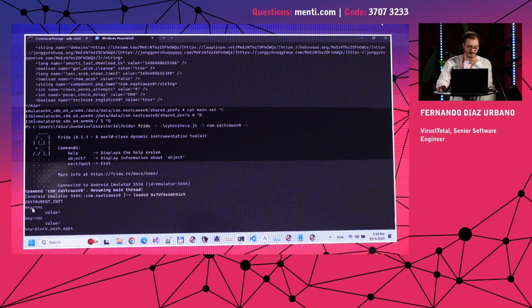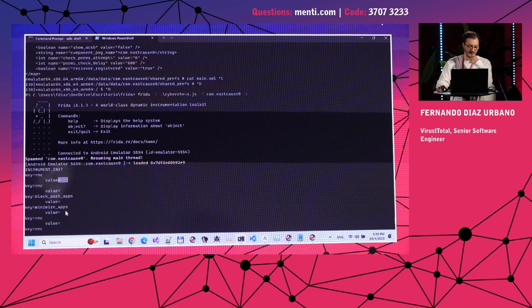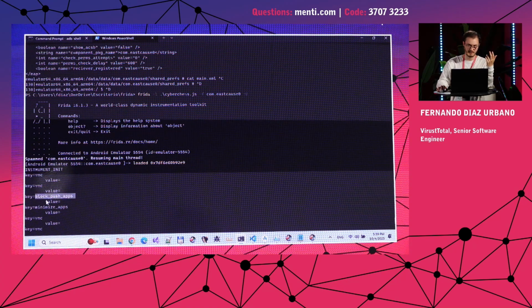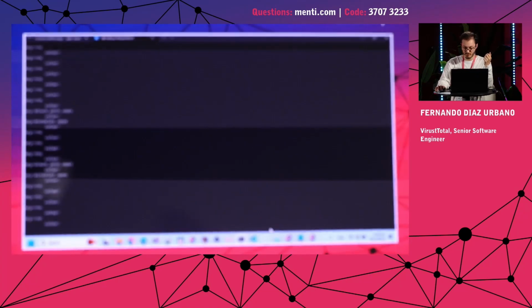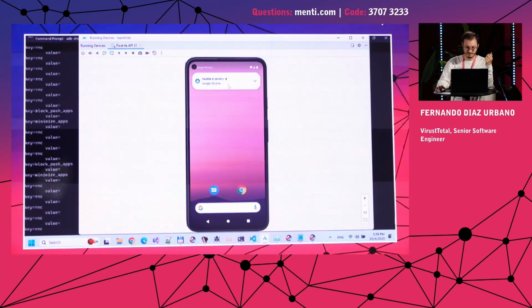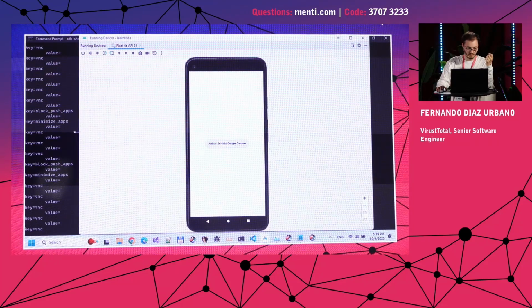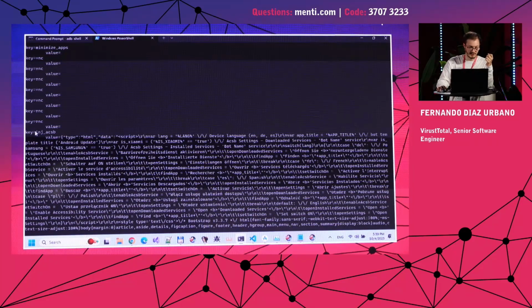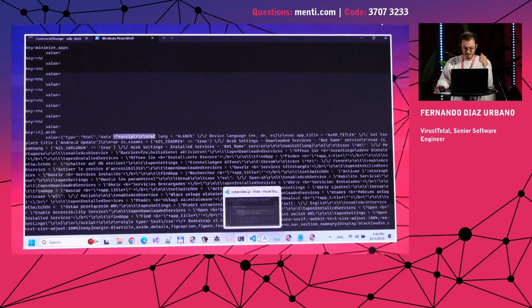We get that it is consulted the VNC key, but it has no value. The block push apps is not set because the command and control is not responding. And if we continue with the execution, let's see if something pops up. Okay. This inject ACCB key is storing a JSON file or JSON object, and it is the HTML responsible for